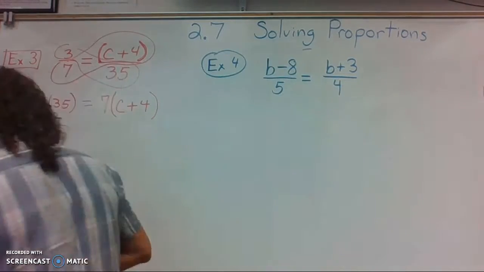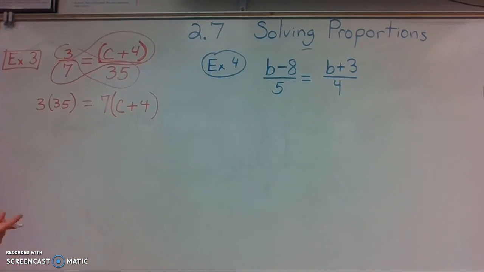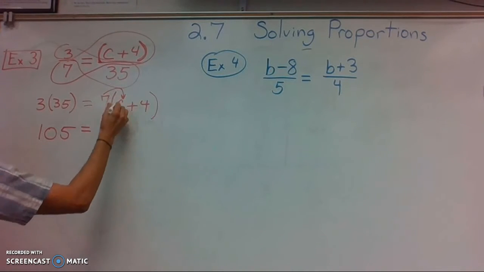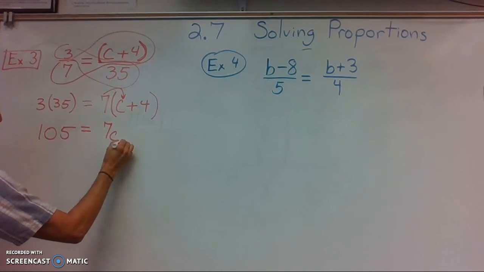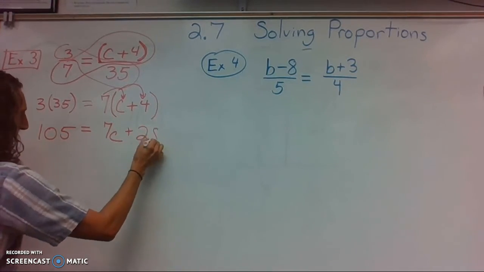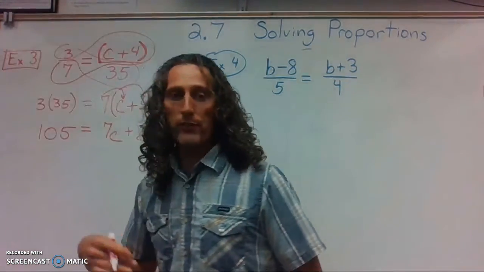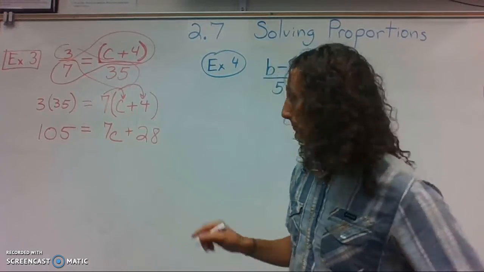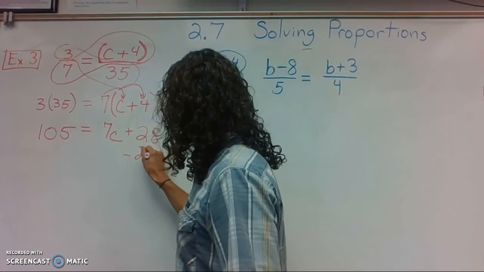So I go 3 times 35. I get a whopping 105. I take my 7 times the c, I get 7c, and then 7 times 4, I get 28. Now, unlike the previous ones, this is now a 2-step equation instead of a 1-step. So minus the 28,